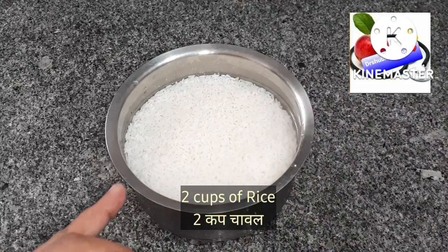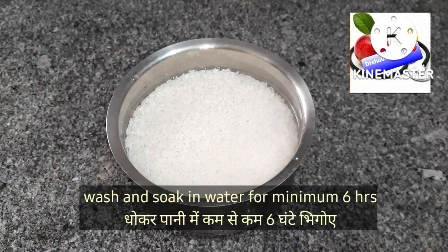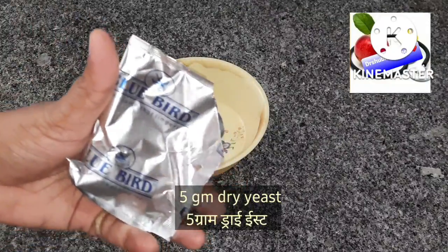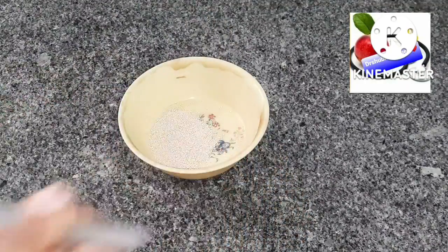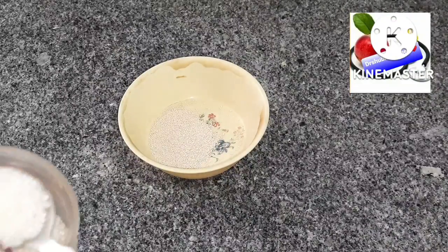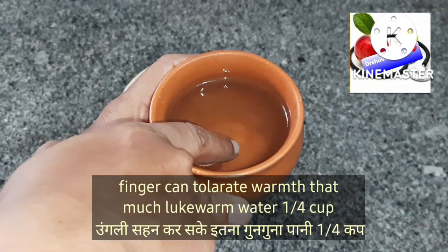For this, take 2 cups of rice and clean it very well and let it soak for a minimum of 6 hours. Now take around 1 teaspoon, which means 5 grams, of yeast. Make lukewarm water, just tolerable to your finger, about 2 to 3 spoons. Add 1 teaspoon of sugar to the yeast and then add the lukewarm water to the mixture of the